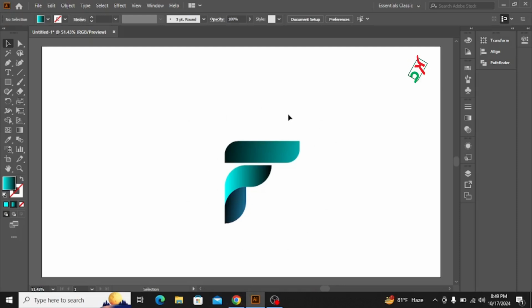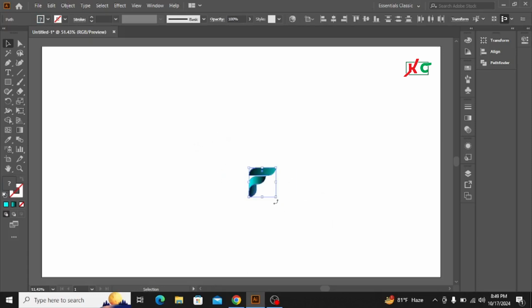As you can see on my computer screen, this is a fantastic app typography design. This is a very simple logo design. No matter what, I'm starting. Let's begin. First of all, I need to select all the things and set up a smaller